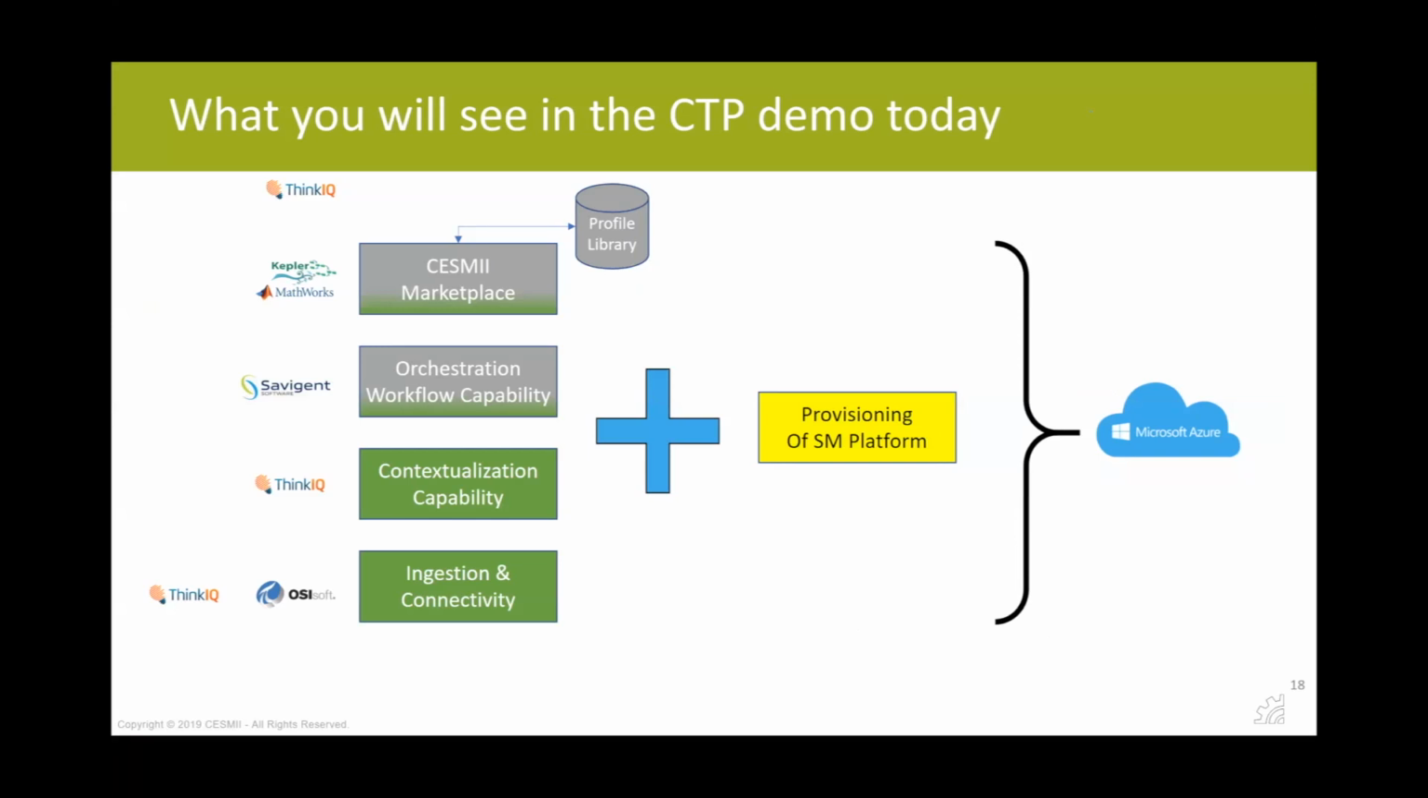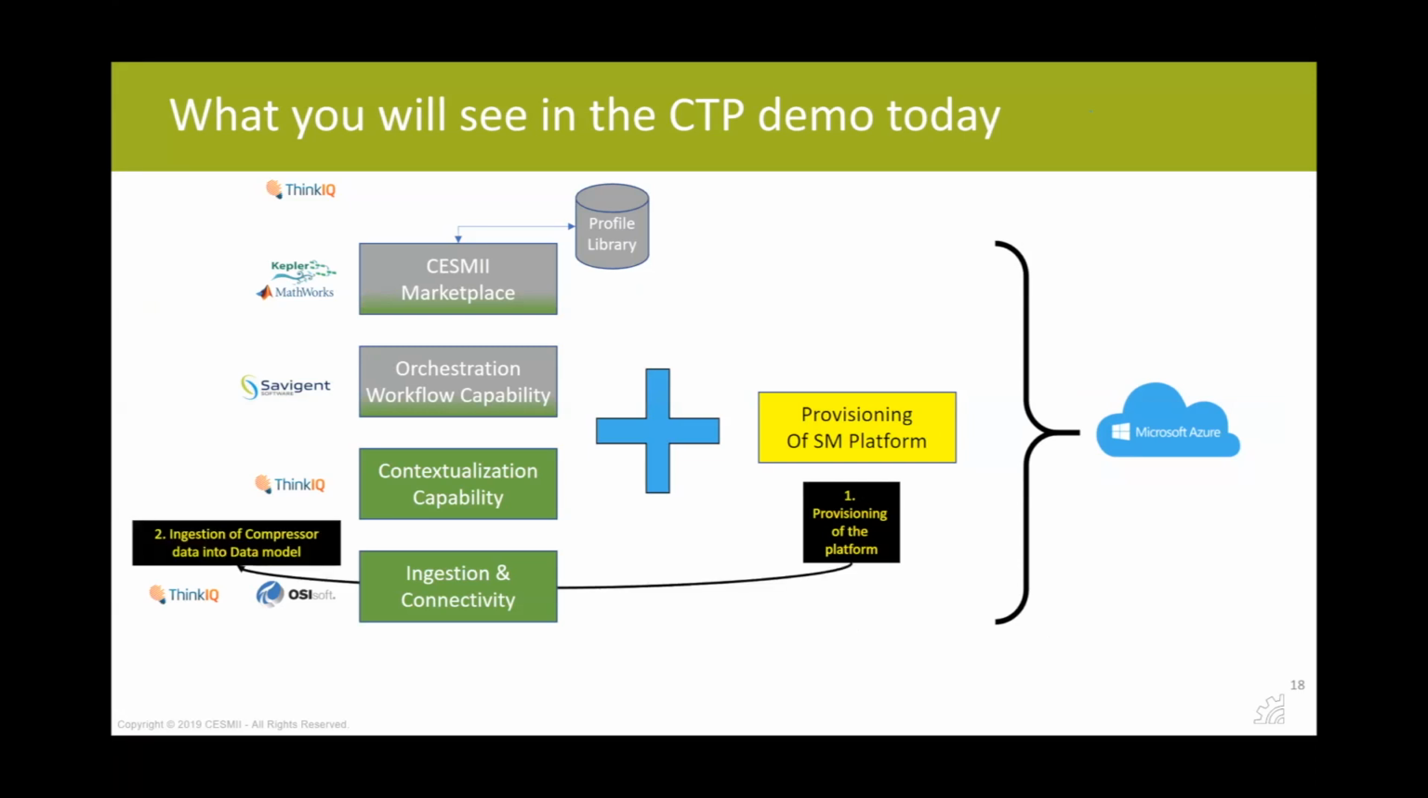So what you will see in the CTP demonstration today is the following. You will first see the provisioning of the platform. You will see the ability to ingest. The use case that we're using is for a compressor, data from a compressor into the data model. You'll see the ability to detect an anomaly and fire off a workflow based on the information that has been